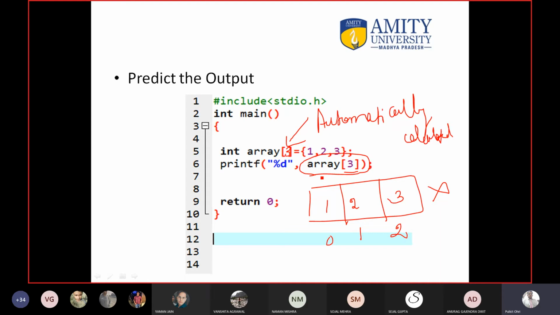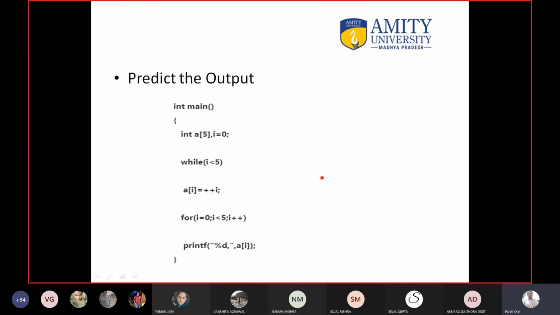You will get a lot of MCQ questions from the array. That's why, to clear the understanding, we are doing the MCQs on the array first. Later we will do the programs. Take your time. Who will answer this? Just wait a second.